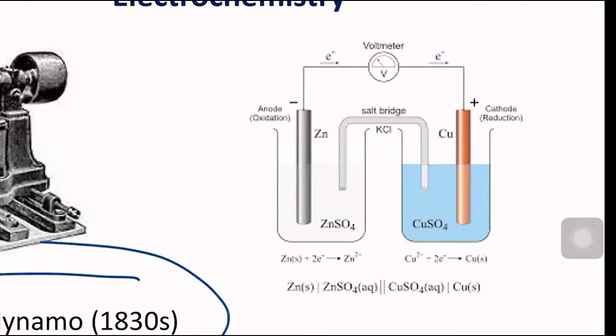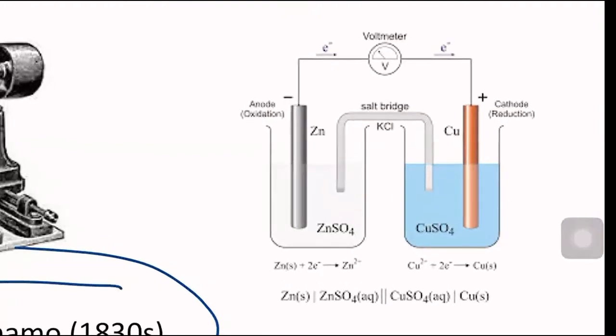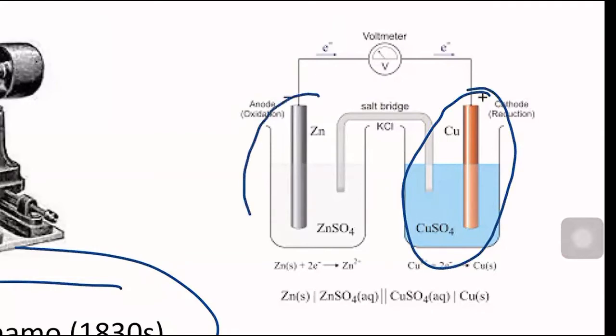The galvanic cell will help us understand the chemical reaction where a chemical reaction leads to electrical energy. To understand that reaction, we require a galvanic cell. The construction of a zinc copper galvanic cell is shown here. See the image: copper is dipped in copper sulfate solution, zinc is dipped in zinc sulfate solution, and these half cells are connected with a salt bridge.